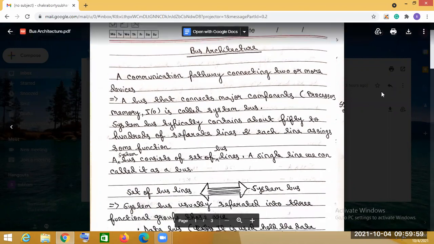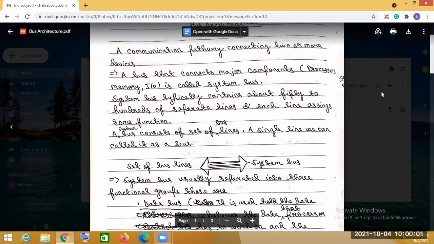This system bus is usually separated into three functional groups.